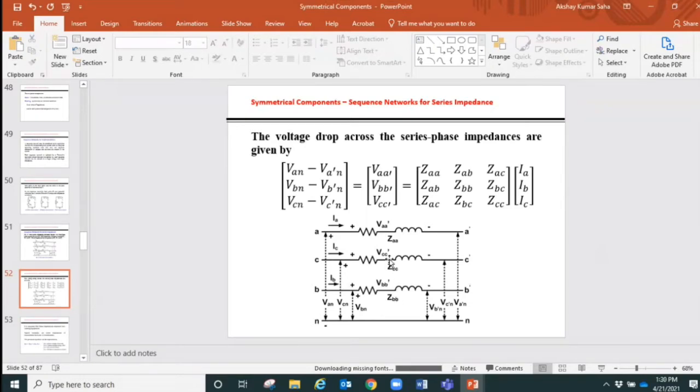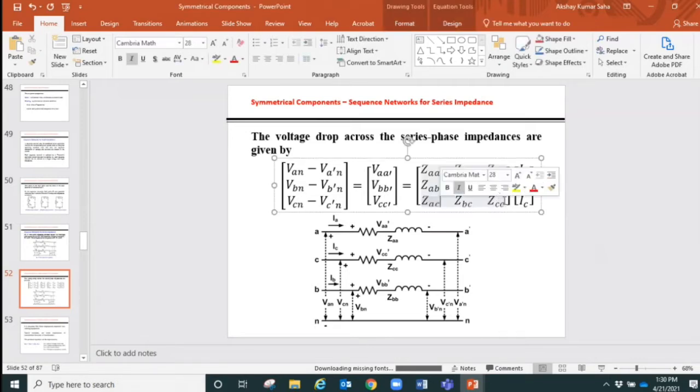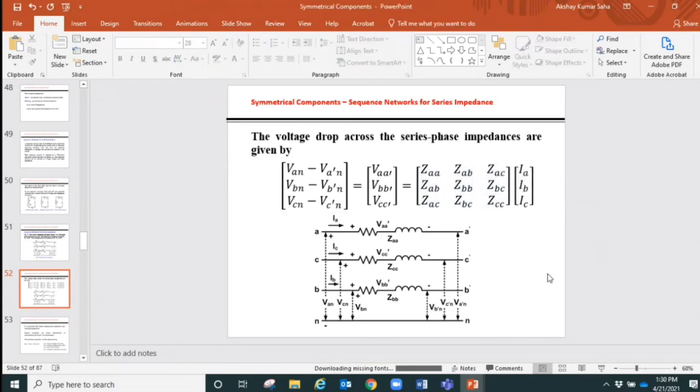For phase C, it will be C prime, and then we'll find that it will be coming as like this: ZAA, ZAB, ZAC, ZAB, ZBB, ZBC. Again, we find that diagonal feature here, they are representing the self part of it, and the others are mutual between A and B, between A and C, between A and B, between B and C, between A and C, between B and C, whereas the diagonal is the self impedance and the currents are there for the respective